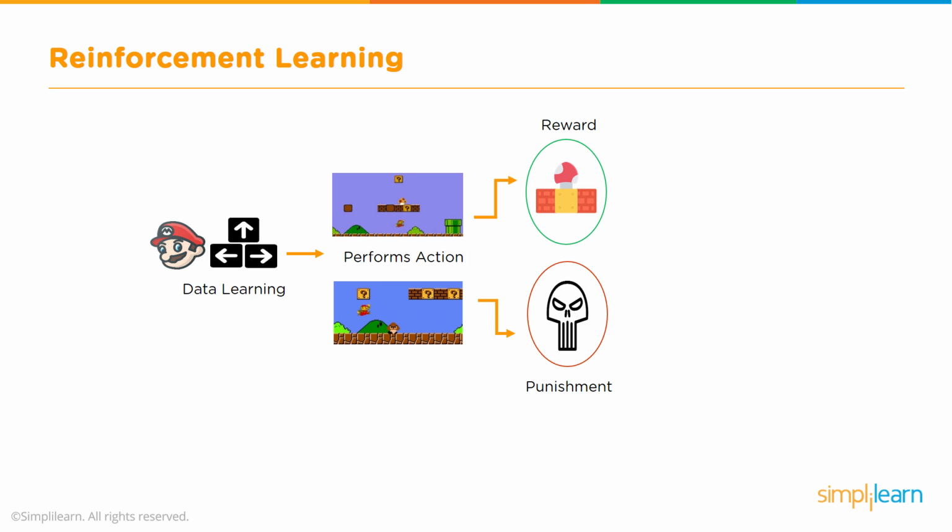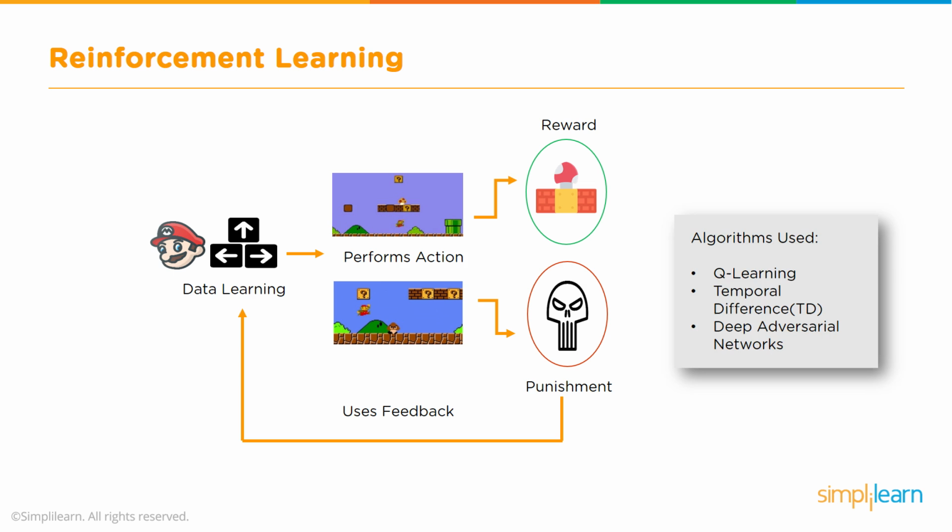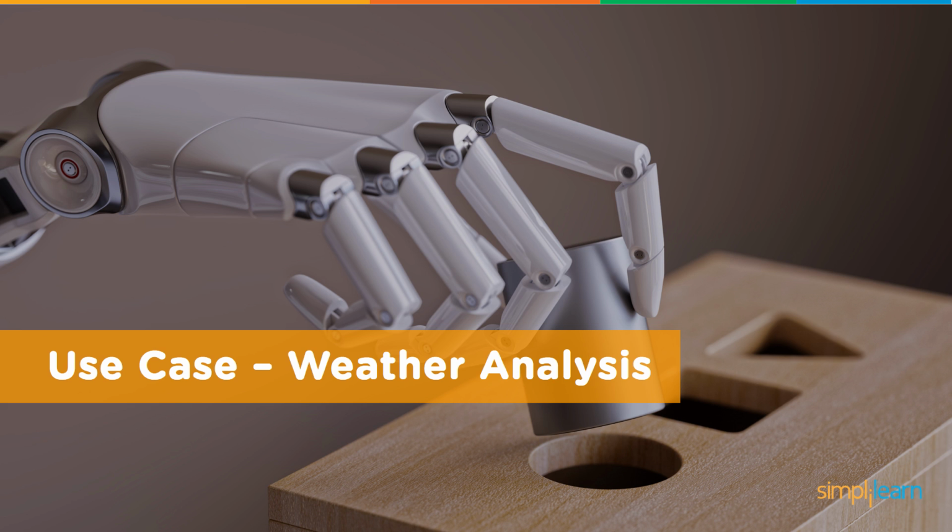We start trying to go towards what rewards us, and we move away from punishment. And that uses the feedback from whatever we just did to learn what we're going to do next. And so the algorithms most commonly used with this are Q-learning, temporal difference (TD), and deep adversarial networks. Now that we've looked at the 3 major areas of machine learning, and we've done scripting in 2 of them,